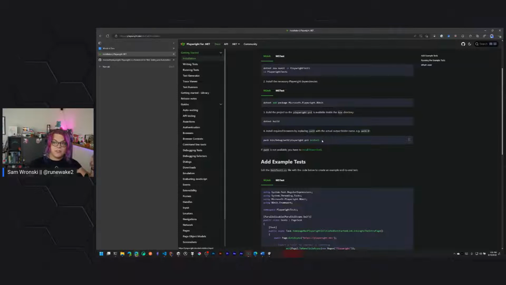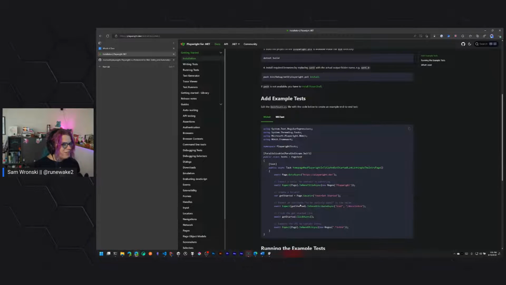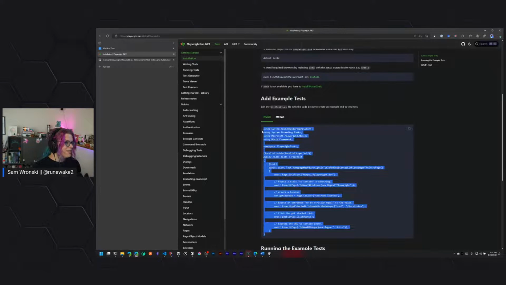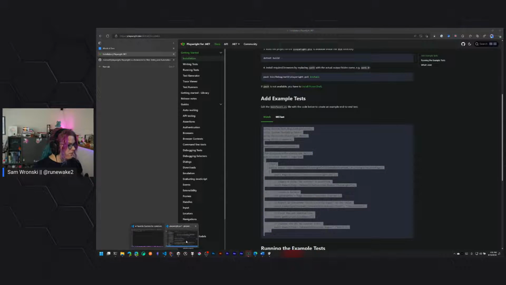There's a bunch of other things that file can do. We're actually going to use that later to do some other things. One of the things that got me really interested in this was the tracing feature, where you can actually capture a trace of a test and then replay that later. So it'll capture snapshots at every point in your test and show you what happened. So let's grab this test and run it. And so we're just going to grab all of that and throw it into our